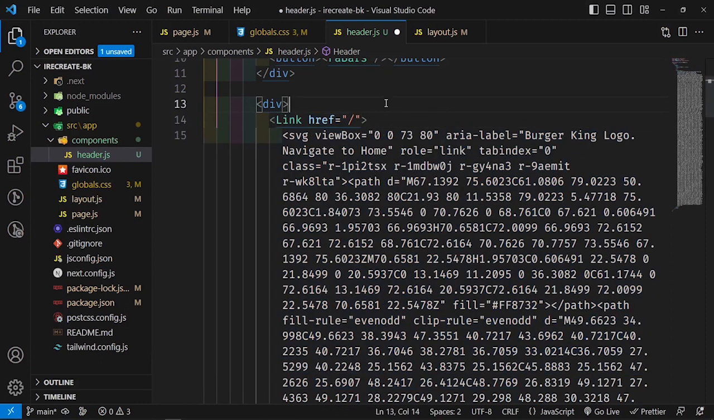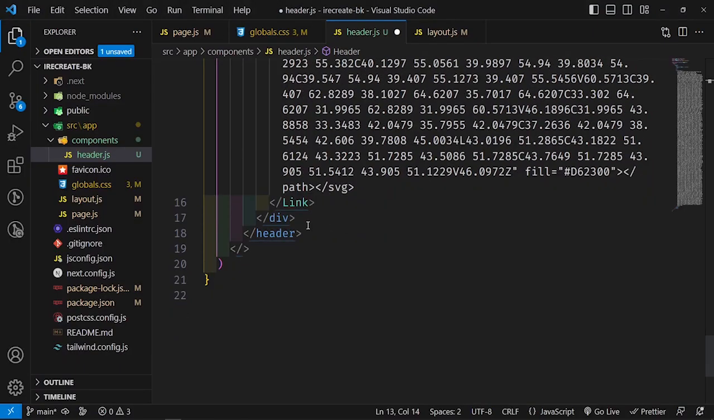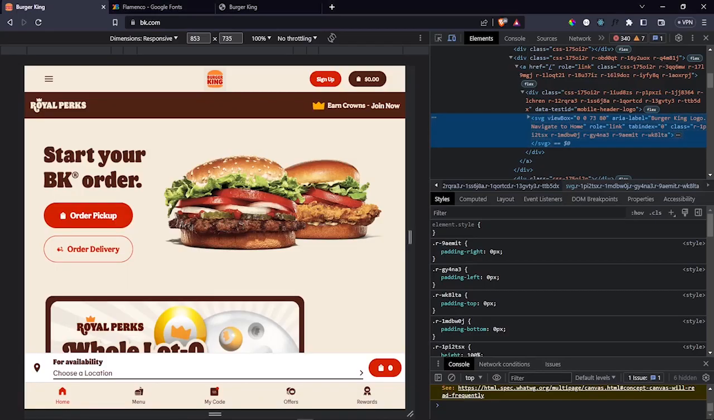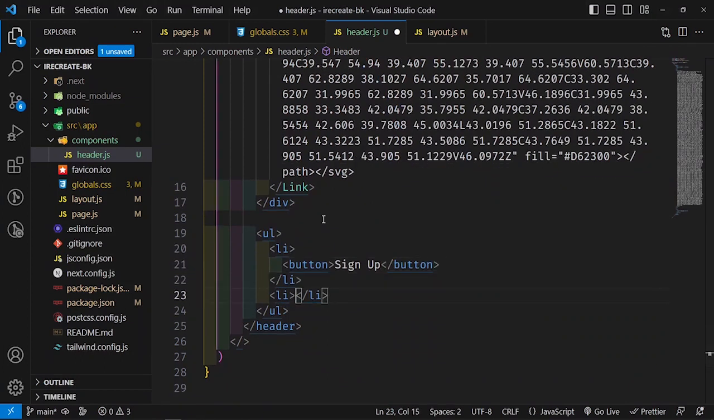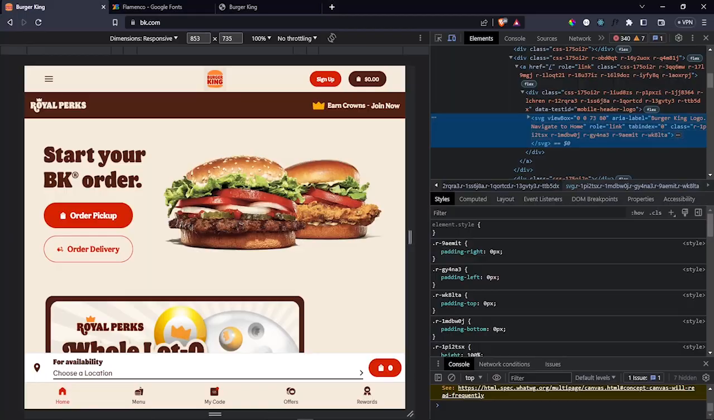Now once you have that, I want to go ahead and create these two buttons. So below this div, I'm going to create a UL with two list items. Both of them are going to be buttons. So let's just create a button element here. This one is going to say sign up. And then this second one is also a button, and it says